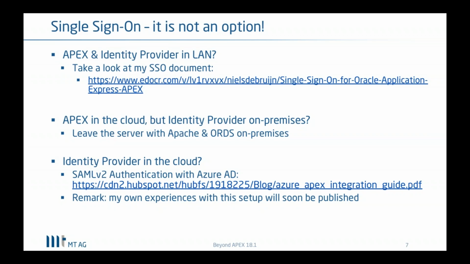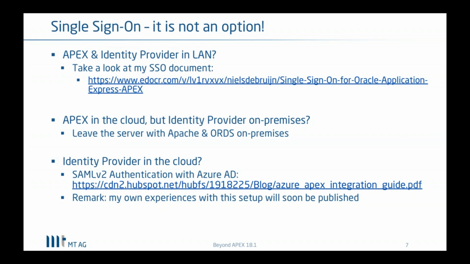So the Windows client, if you logged on there, you get a Kerberos ticket. And this Kerberos ticket is then being sent to Apache. Apache checks that and then passes an HTTP header variable to Apex, and there's a trust relationship between Apex and Apache. So whatever comes from Apache is taken for granted by Apex, and then an Apex session is being created. There are a lot of details in that document. I suggest you have a look into that. But you actually should set that up, I would say.